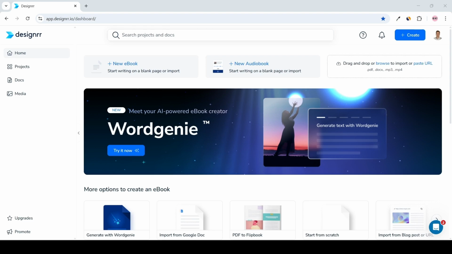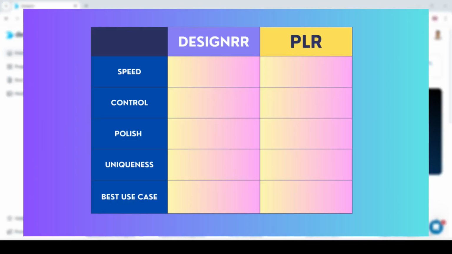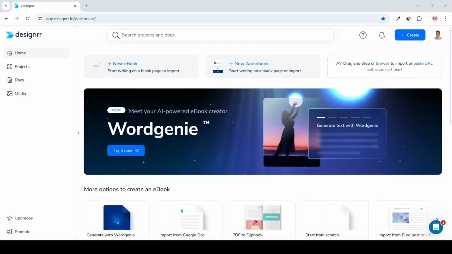Now I'll demo both workflows on screen, then we will come back to this scorecard and mark the winners for speed, control, polish, uniqueness, and best use case. Alright, first workflow is Designrr, and this is the full control path. We are generating a brand new ebook from scratch using WordGenie, Designrr's built-in AI assistant, and then we are exporting